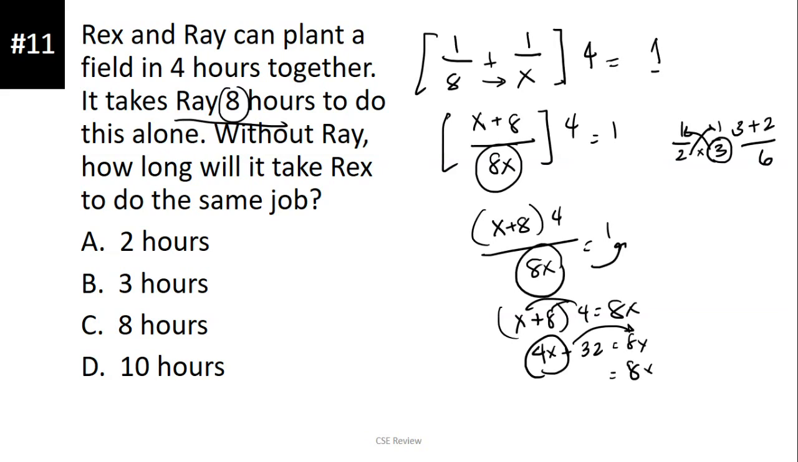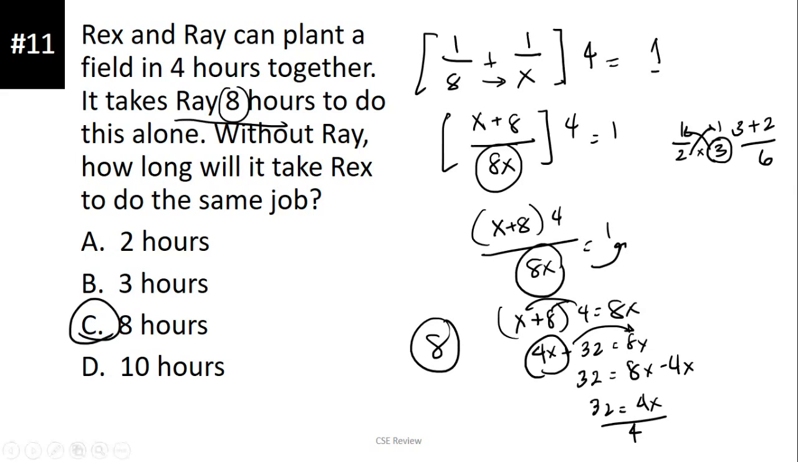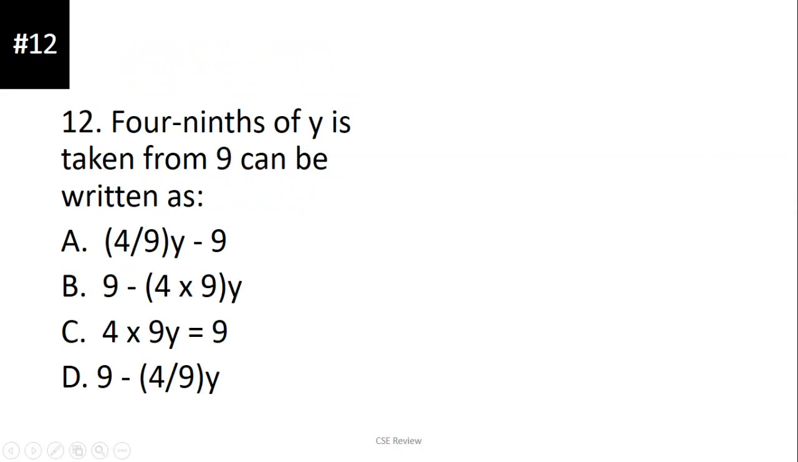Magiging 8x minus 4x is equal to 32. So, 32 is equal to 4x. Divide natin both sides sa 4. So, 32 divided by 4 is 8. So, the answer is 8 hours. Letter C. Okay? Number 12, 4/9 of y is taken from 9 can be written as, okay, ang 4/9, that